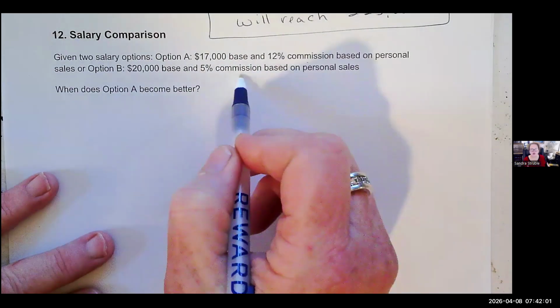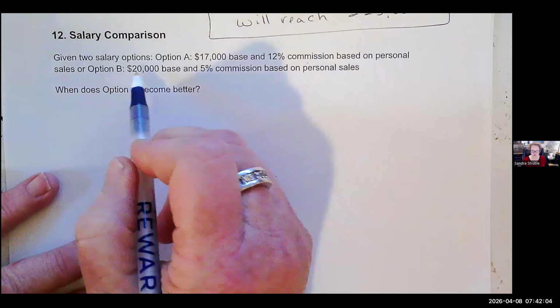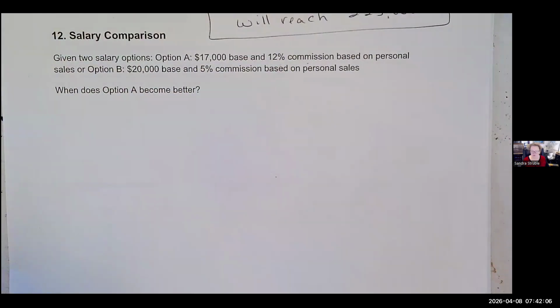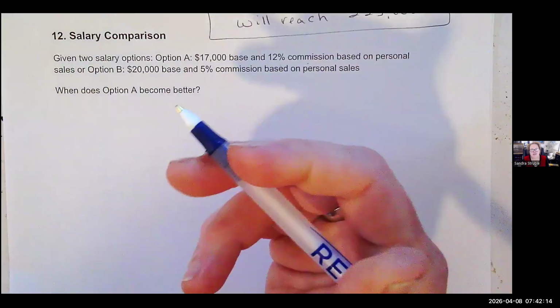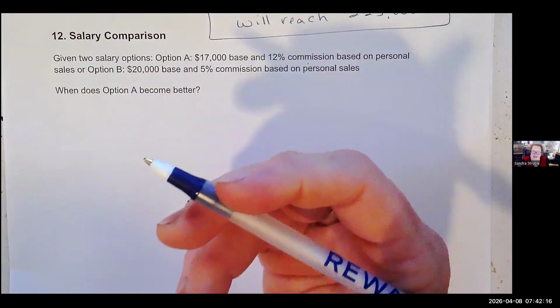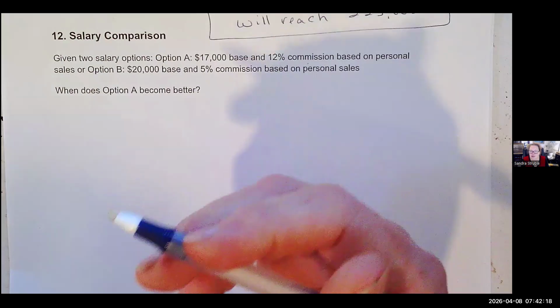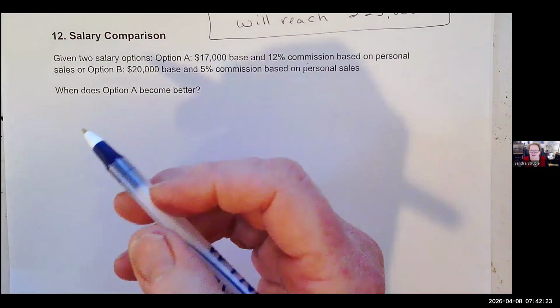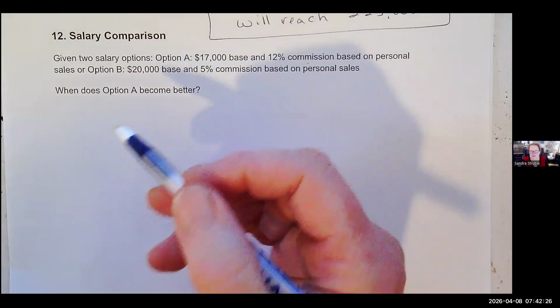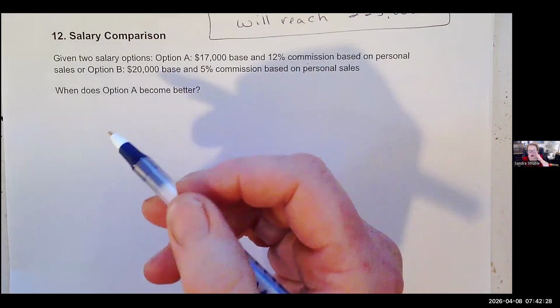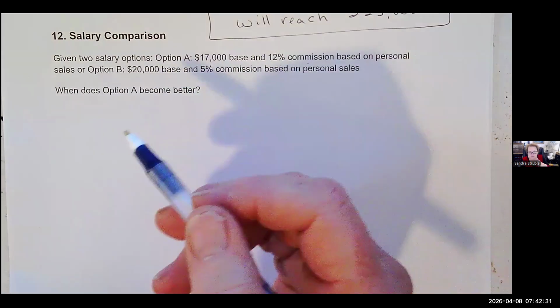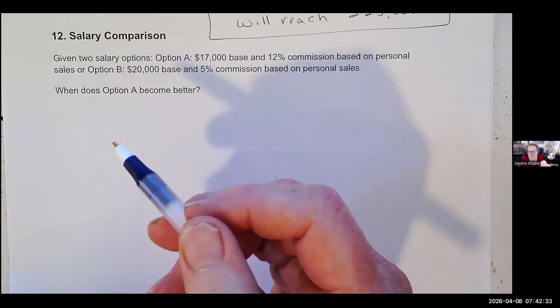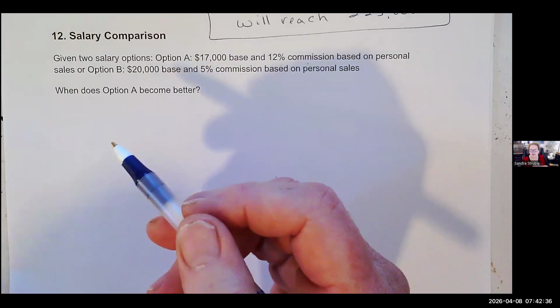So initially, if you're given these two options, whenever you're looking at a job, granted, they wouldn't do that, they would just tell you what it is, you would automatically choose option B, right? You would think, okay, $20,000, that's 3,000 more than 17, duh. But because these are linear equations, at some point they're going to cross. At some point, you're going to have the exact same amount of money that you can make from both based on those sales. So we need to find out where they're equal, because every penny over that,